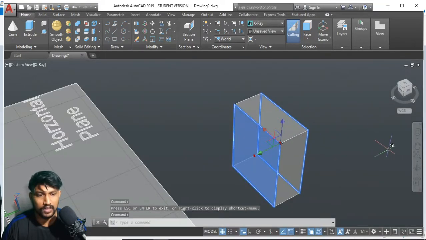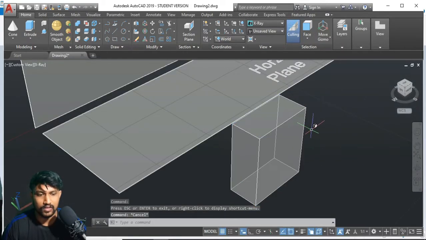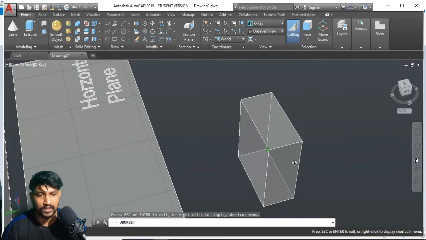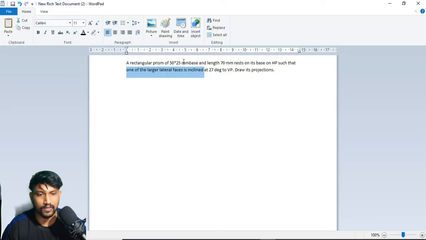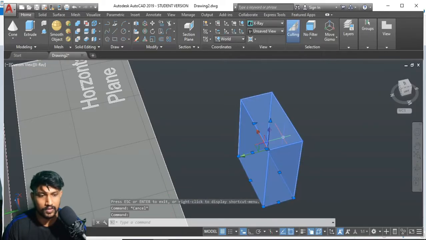These two are the larger lateral faces. One of these faces is inclined at 27 degrees to the vertical plane. So draw its projections. Right now, let me show you what it actually means.